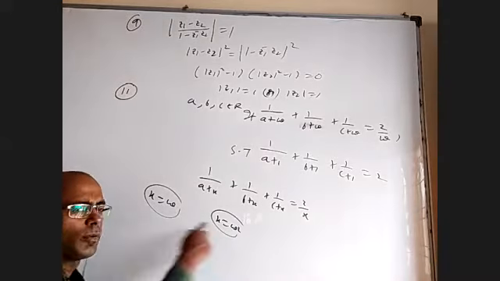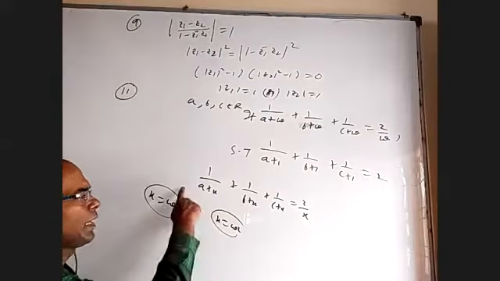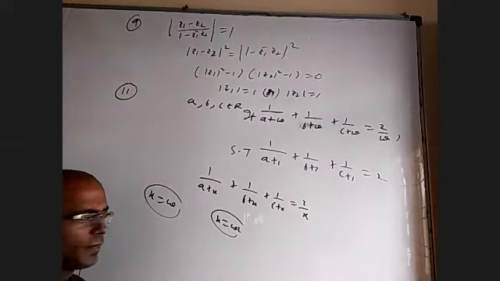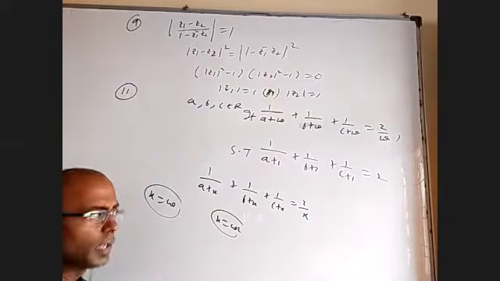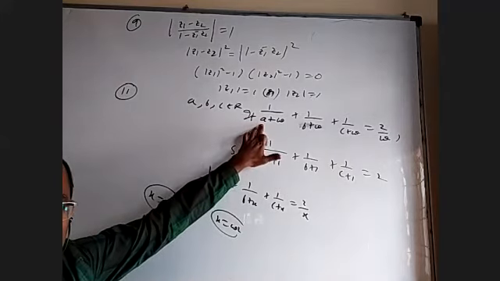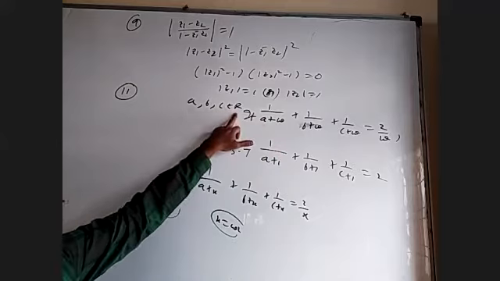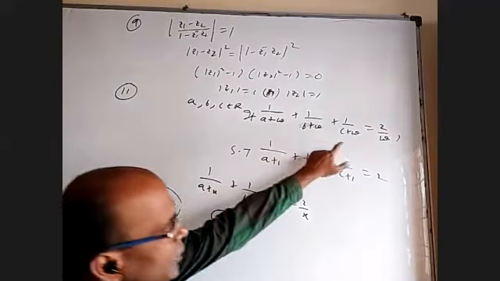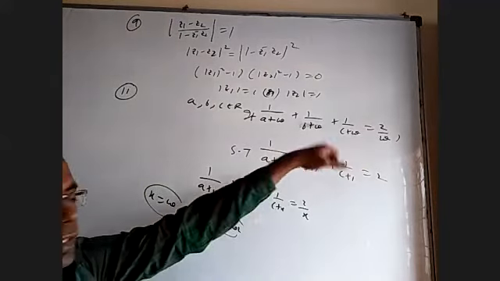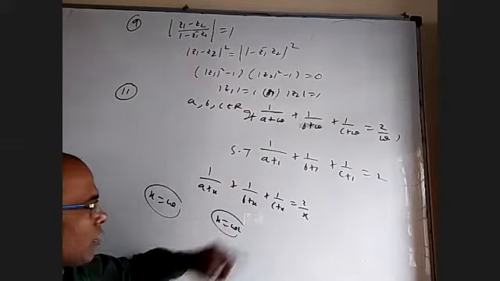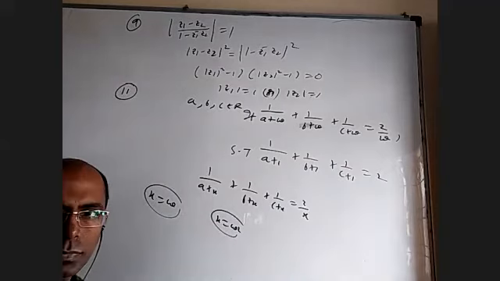Okay, there are two ways to understand why omega square is a root. One is to apply conjugate everywhere, numerator, denominator, LHS, RHS. Will there be any change in the equation? Let us see what happens. Everywhere you apply conjugate. What is the conjugate of A? A only, because A is a real number. Conjugate of 1 is 1. But this will become omega conjugate, this will become omega conjugate, this will become omega conjugate, that also becomes omega conjugate. That means in the place of x, not only omega is a root, omega conjugate is also a root. And omega conjugate is omega square. Right? That is one way.